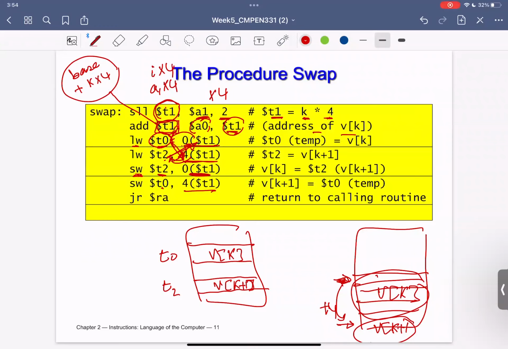And then after I finish all my jobs, what am I supposed to do? It's exactly the same as the shopping example we mentioned. After I park my car, I have saved the address to return to. I have finished the shopping. What will be the next step? Look at my mobile, where I had written the garage address, and go to that address. Here, jump register to the return address. Since this is swap, you finish the function, and after you finish, you go back to where you were inside your code. That's why we use jump register with the return address register.